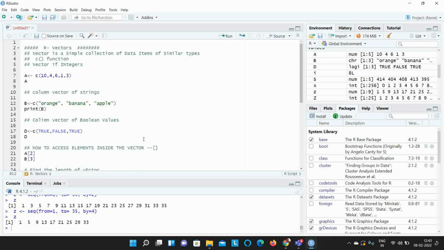So in this class we learnt what a vector is. A vector is a simple collection of similar data items. We used the function called the C function. This is the important function. With the help of the C function you can create a column vector. C means column. We learned how to create a vector of integers, how to create a vector of strings,